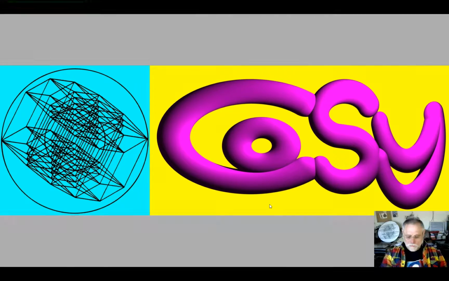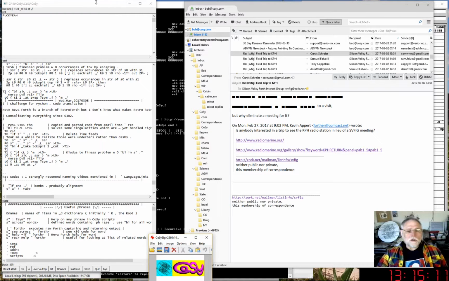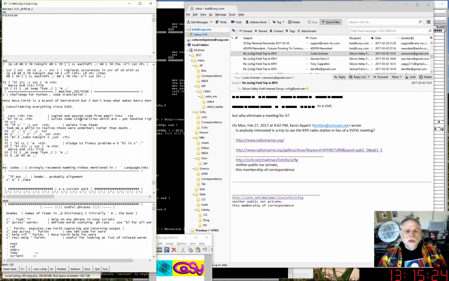with a demo that goes back to a letter on the SVFig group, which has got a piece of Morse code, as you can see, and also touching on the various things that I've seen from Ting and Harbold and elsewhere that makes me really feel that, particularly if you have got a background in Forth, you can think of doing something in Python, or you can think of sort of working on